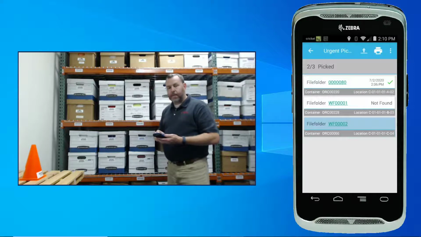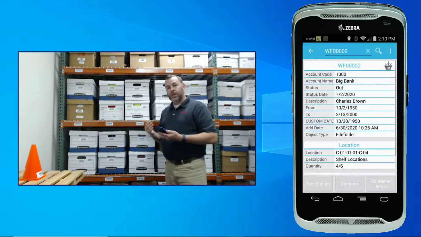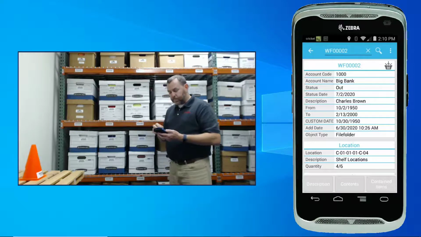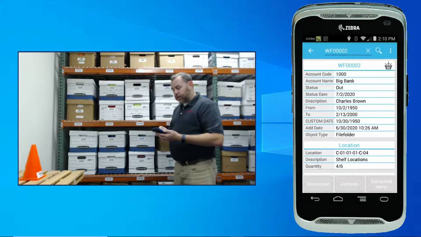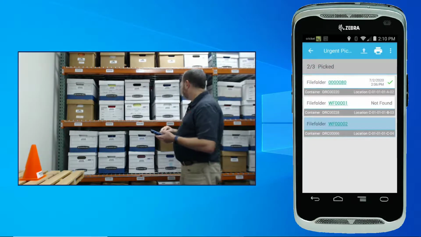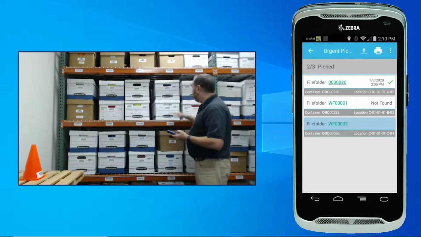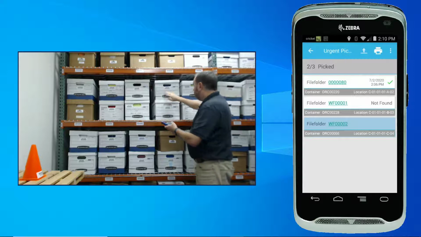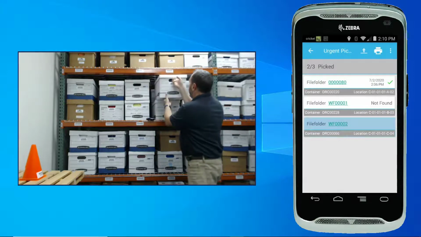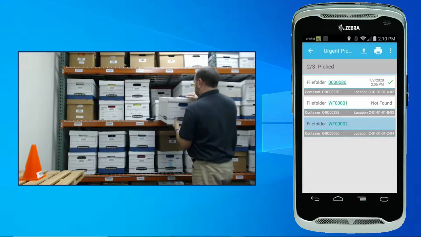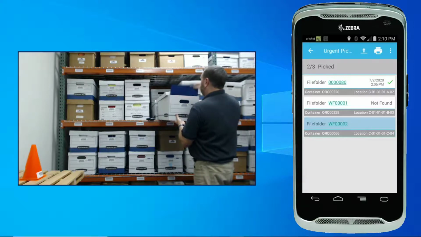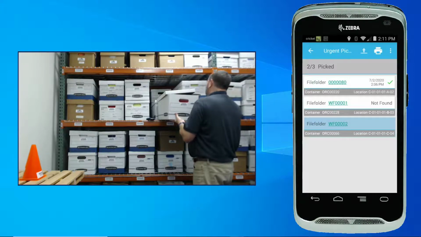So I'm going to tap on that barcode so I can see more information about it. So here I'm looking for the Charles Brown file, and I can go back to the main screen. So I'm looking for box 66 in my next location, which is right up here. So I'm going to go ahead and pull that box down, do a quick look, see if I can find the Charles Brown file, and here it is. So I'm going to grab that file,